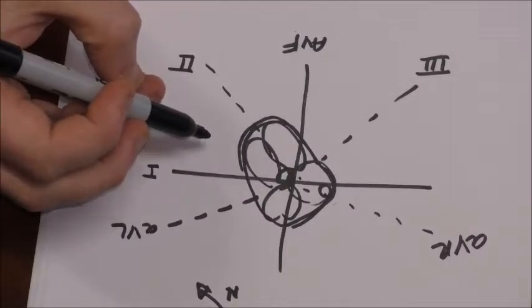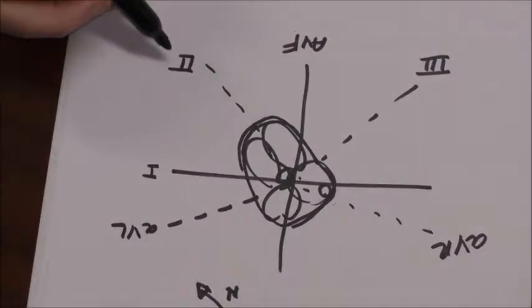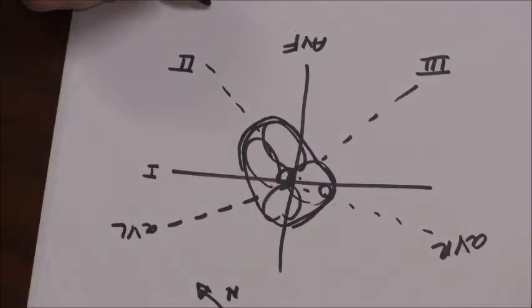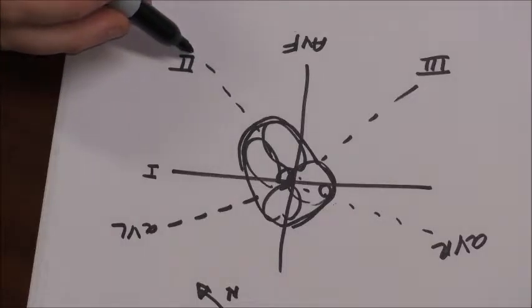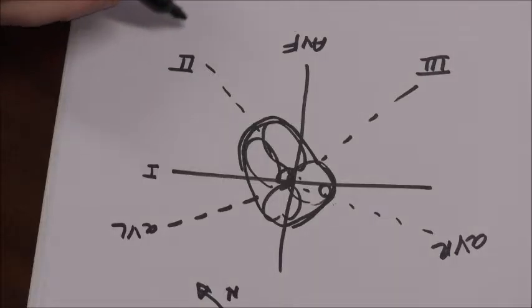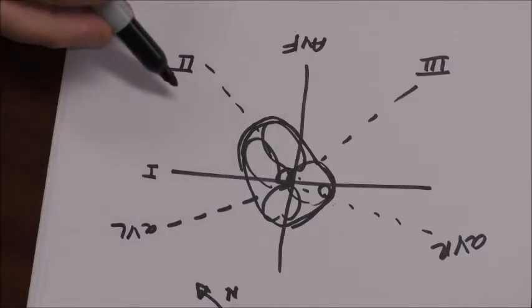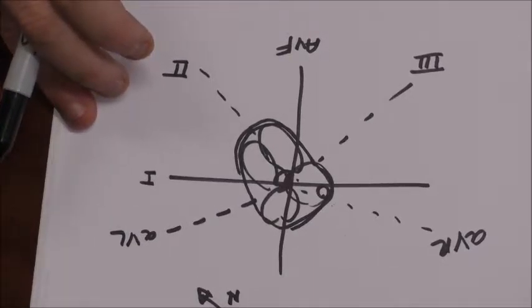So it would then make sense that when you see an EKG and you see your P, QRS, why do you see those? Why is there a positive R wave? Why are there deep S waves? What does all of that mean? So the more directly the vector is traveling towards you, then the more positive deflection you'll have. So for example, if we were to say we're looking at lead 2,